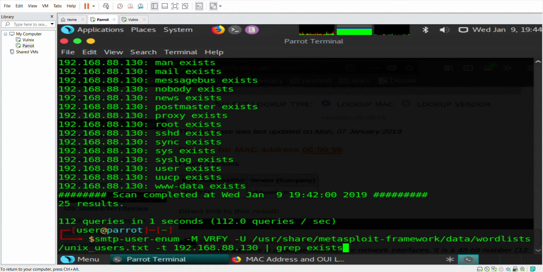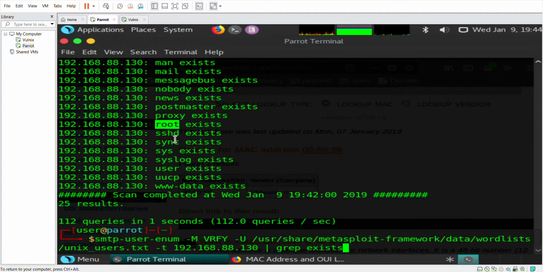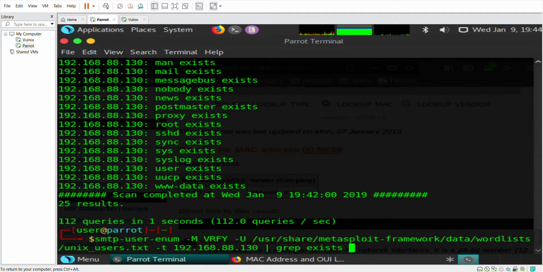So basically what we're doing is that same command to get all of this information, but I'm only interested in getting the usernames. And this is how we would do that. We know that we're just after anything that says exists effectively. So we're going to pass it to grep, we're going to grep for exists, and then we're going to pass that to cut